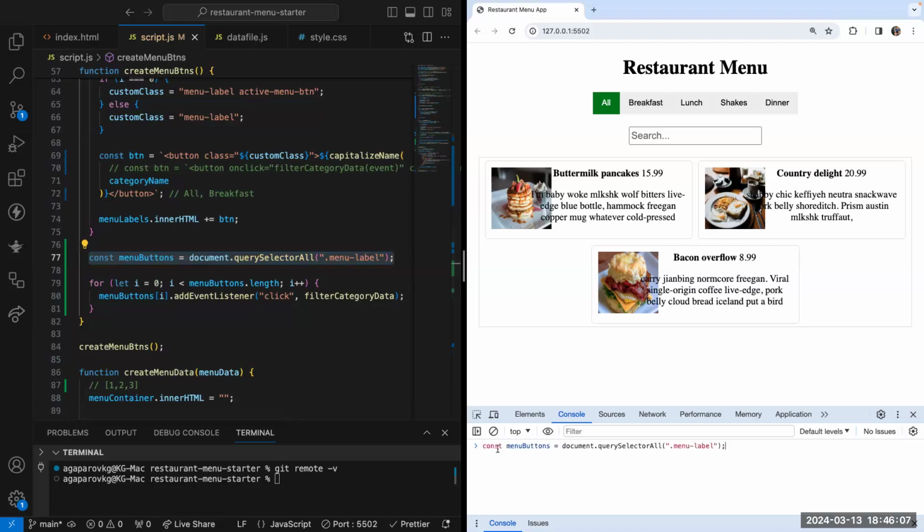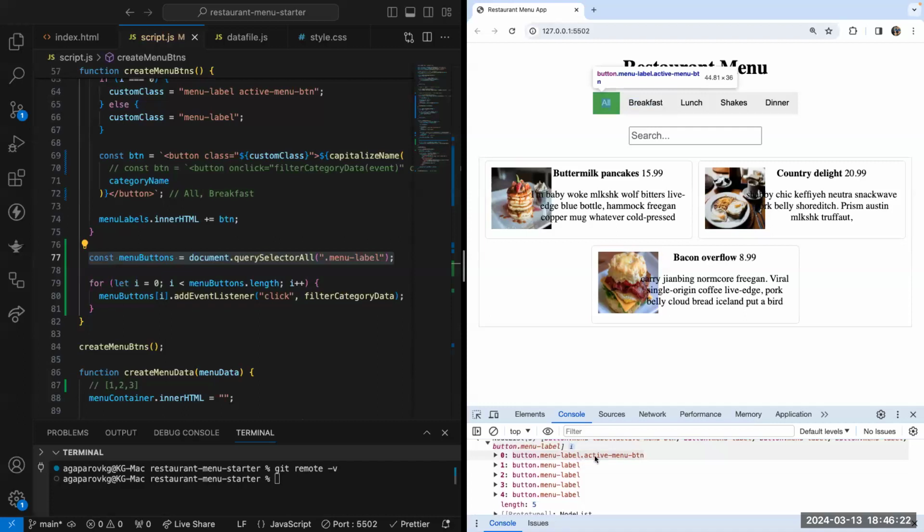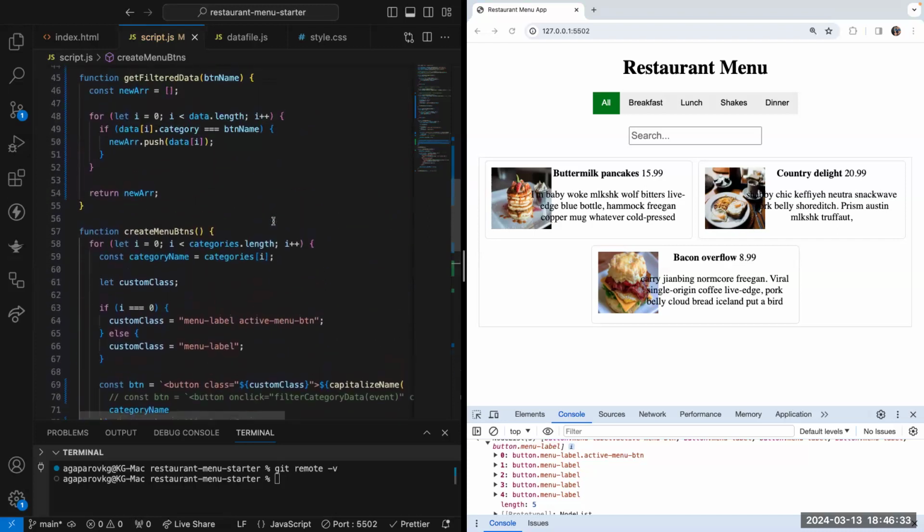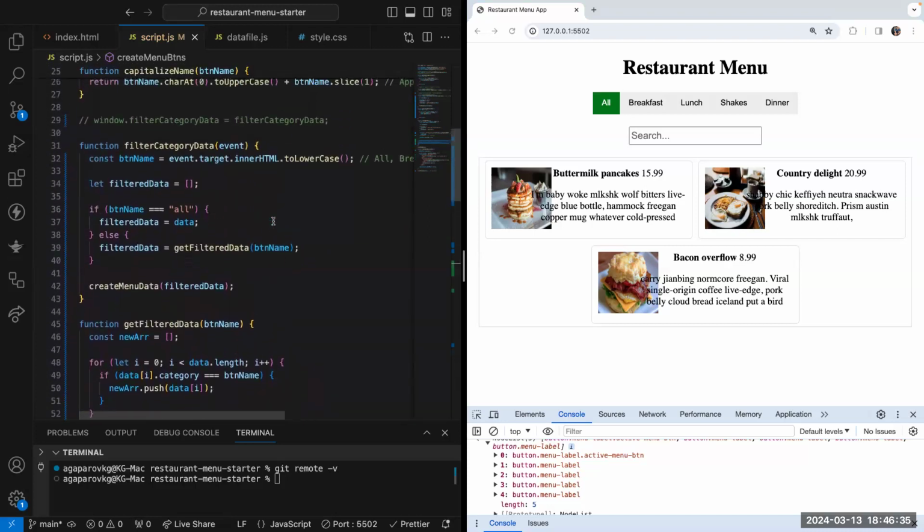When I do this one, oh sorry, this part only. I apologize. When I do this one, I have all the 5 buttons, right? And the first one, of course, all has active menu BTN. Okay, what I can do here, I can call the same thing, this one right here, right inside my filtered